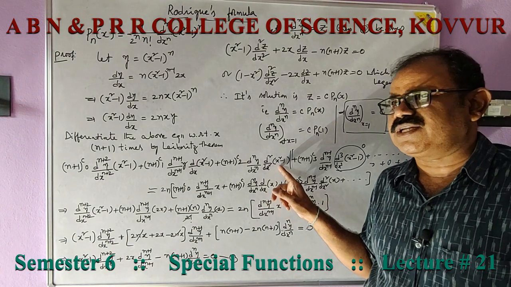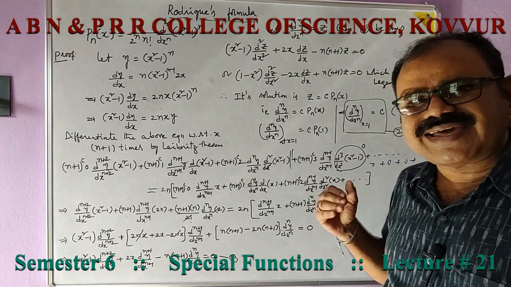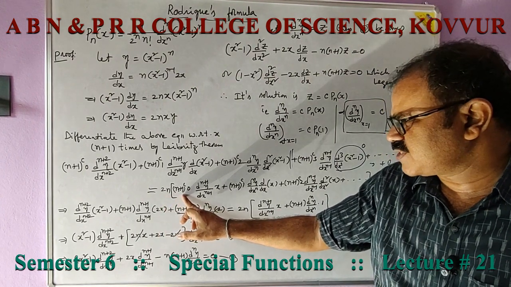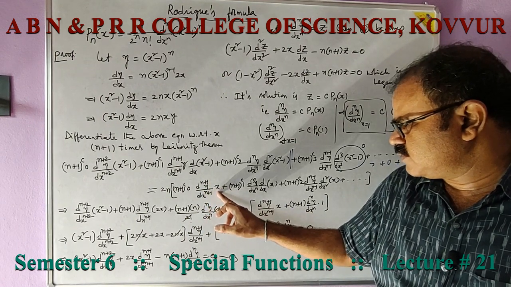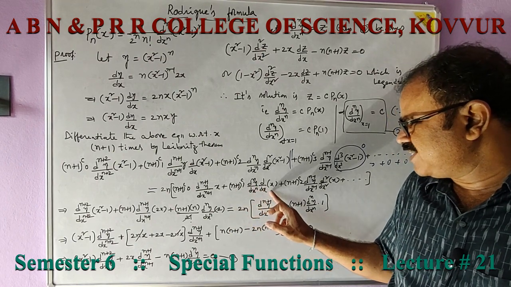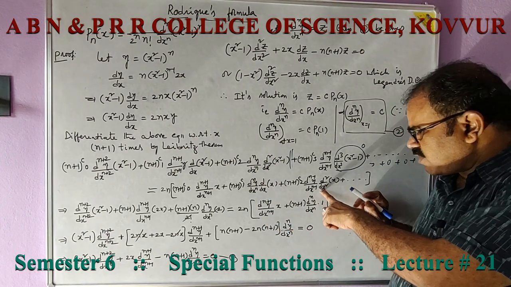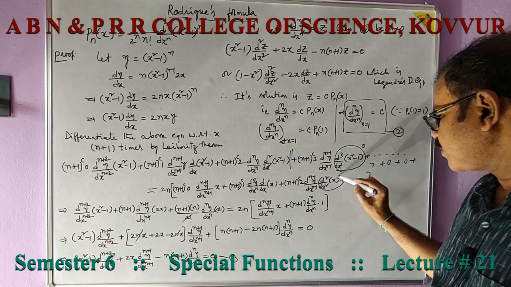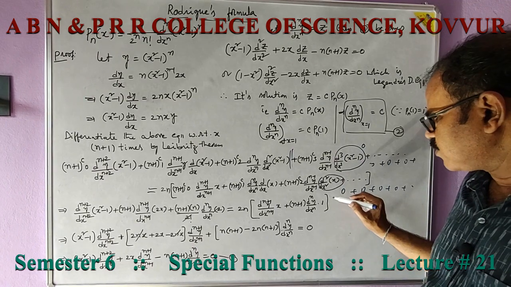Second order derivative of x square minus 1 is 2. Afterwards it becomes 0, therefore all these terms vanish. Let us come to the right hand side. 2n into n plus 1 c0 is constant, 1, n plus 1th derivative of y, no derivative of x as it is. n plus 1 c1 is n plus 1, nth derivative of y, d by dx of x, what is that? 1. Afterwards, second derivative of x: first derivative is 1, second derivative is 0, so this is 0. That is why here onwards all the terms are also zeros, therefore we stop here.